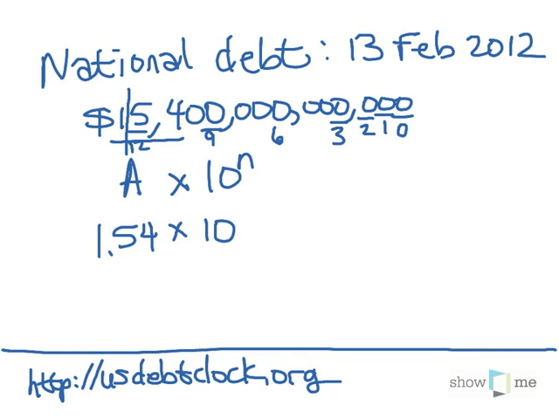But to accomplish our goal, we have to take the decimal point from a position just to the right of 10 to the 0 and move it to a position just to the right of the 1. The 1 is in the position that corresponds to the power 10 to the 13th. So, n is 13. So the actual scientific notation representation of our national debt, approximately, is 1.54 times 10 to